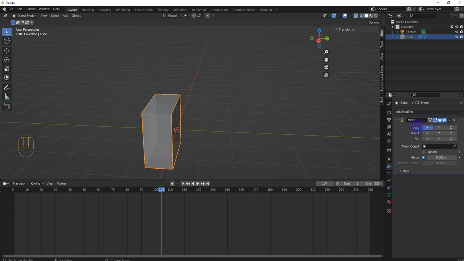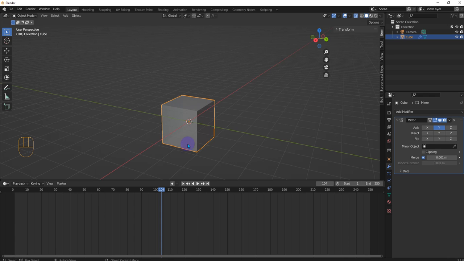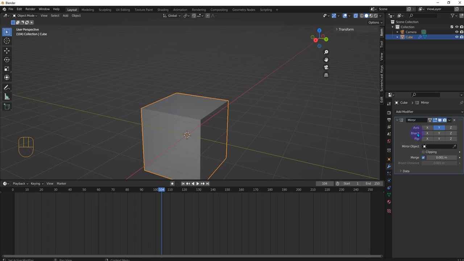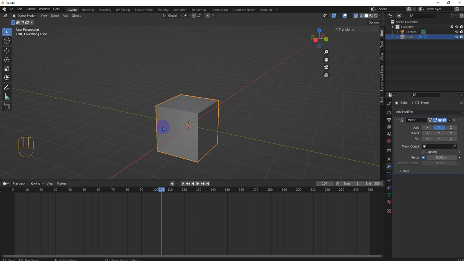And so it's not across the x-axis, it's across the y-axis. So we cut it across the x-axis. If we do a bisect, this just means it cuts the mesh across the mirror plane. So like that, and we really don't want that. Let's see. And again, if we cut this upper part,